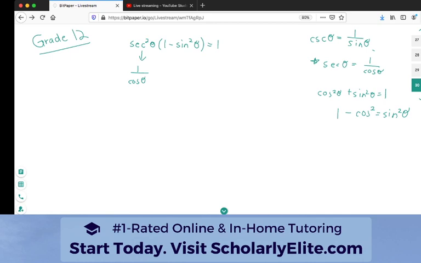this case, because it's squared, I have cos squared theta. Here, I'm going to change this 1 minus sine squared theta to say,